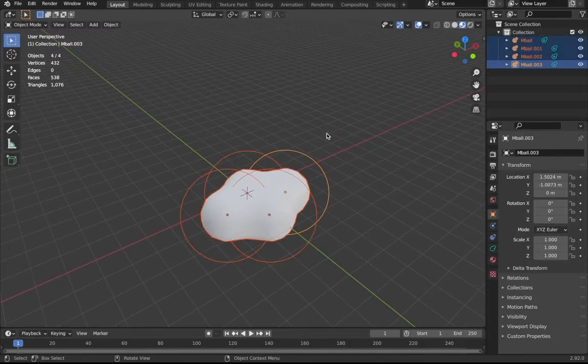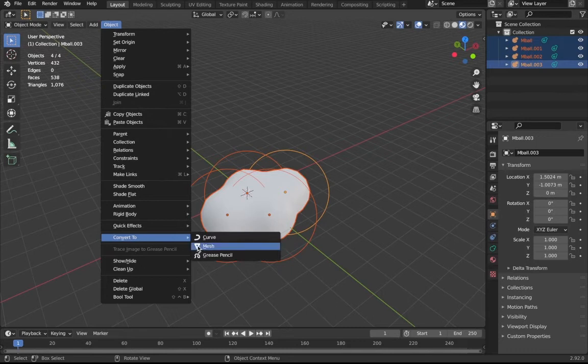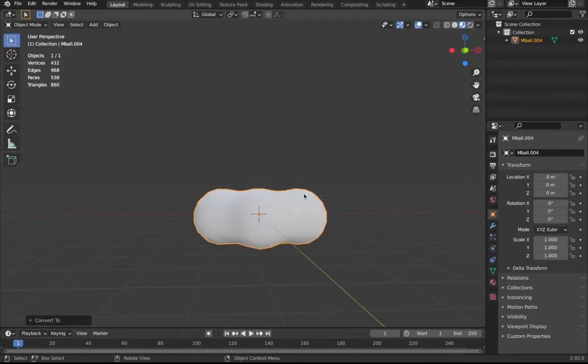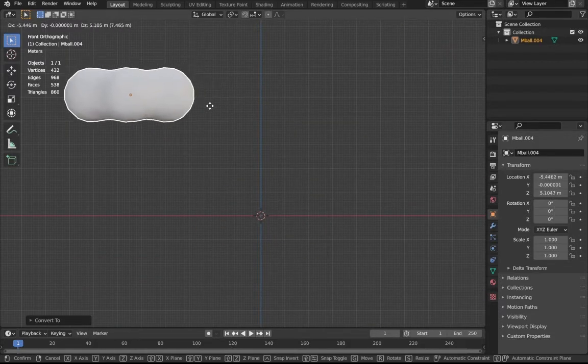Now, I'm just going to select all this by clicking A, then go to Object, Convert to Mesh. Now it's a mesh, so then we can UV unwrap it later. And then, as you can see, it kind of has a lot of triangles, so later we'll be using some decimate modifiers to give it a little bit less, because as you all know, Roblox can get really laggy with all these things. So, next we are going to create the rain, so I'm just going to move this over,